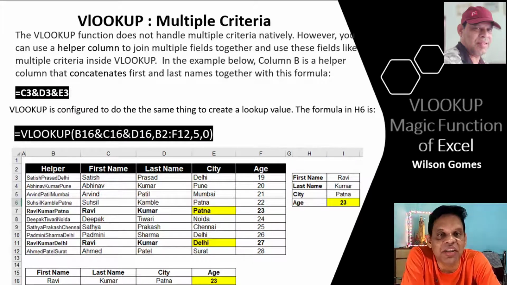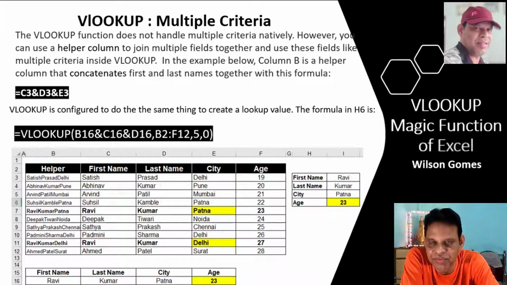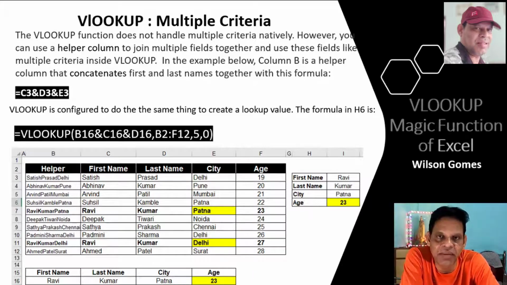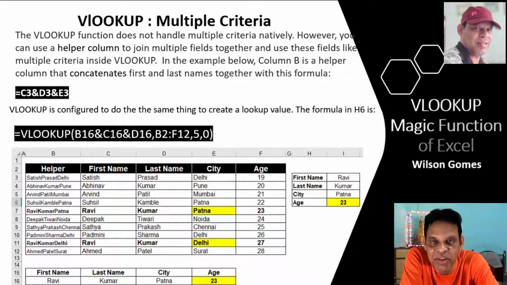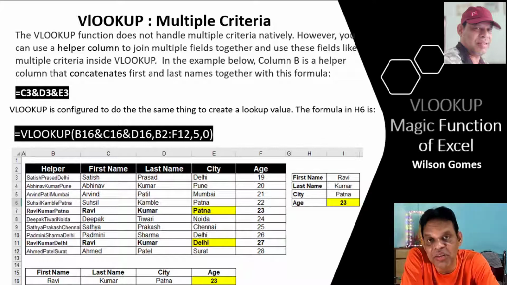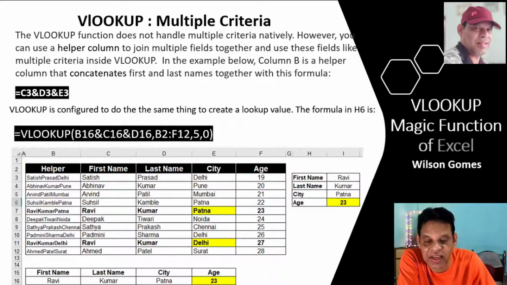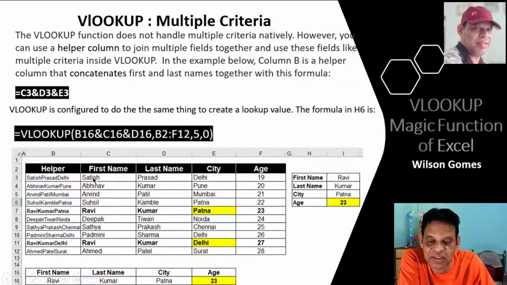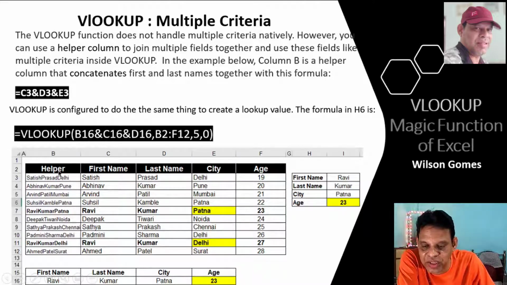And now, what is multiple criteria? As I have told you, names are being repeated, product number may also be repeated, part number may be repeated, or employee code, roll number may also be repeated. In that case, what we have to do is join the first name, last name, and city, and make one unique identity of each individual.